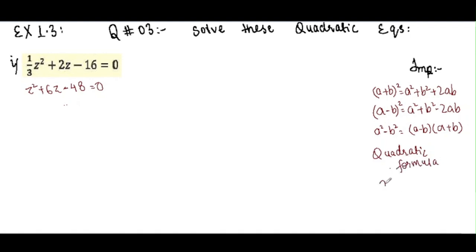The other way is middle term break, and the third way is by completing square. For completing square, we have done the previous question in this way. We have used these two formulas and we have completed all the squares and we have solved them. The other thing is middle term break. We have also done this in exercise 1.3 question number 1 for middle term break. And for quadratic formula we have used it multiple times in exercise 1.2.